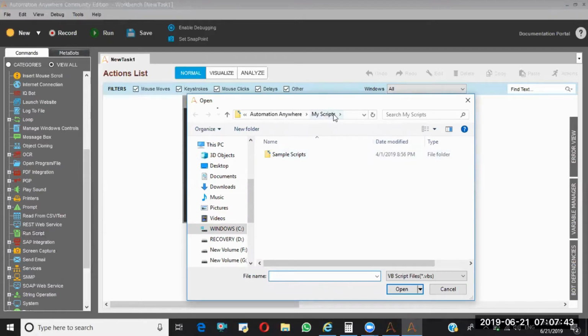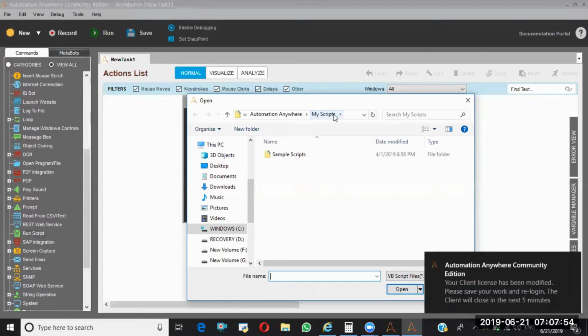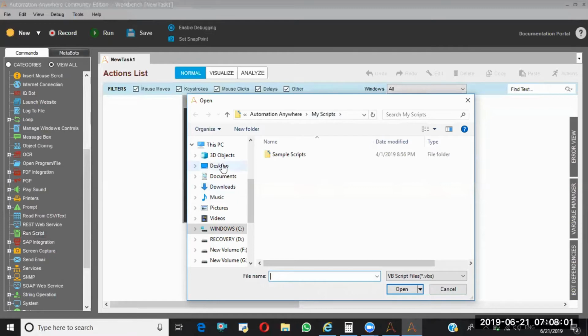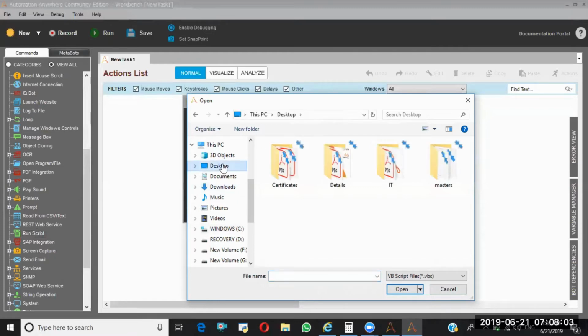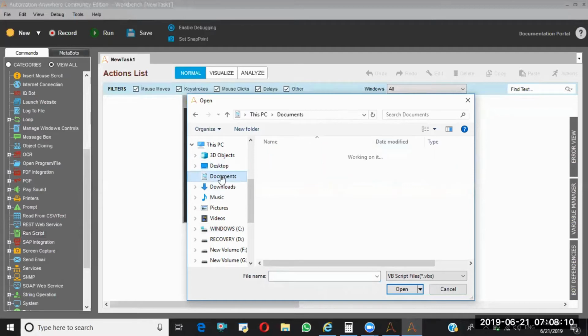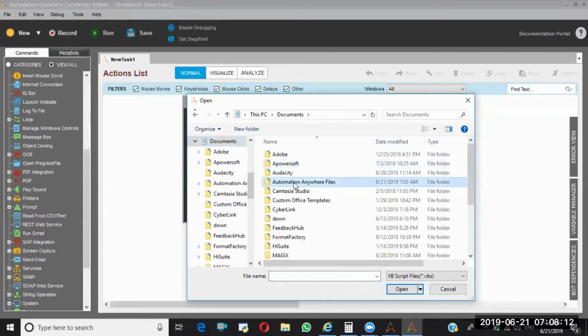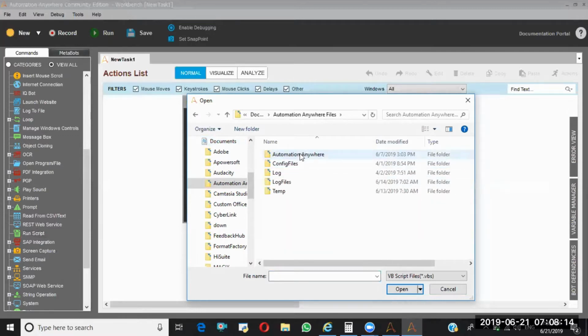Whatever scripts you are going to use in this automation, it's recommended to place those scripts under my scripts folder. It doesn't mean you can't put them anywhere else. If you want, you can put your script file on the desktop and work with that. But the recommended path is this one: documents, Automation Anywhere files, Automation Anywhere.